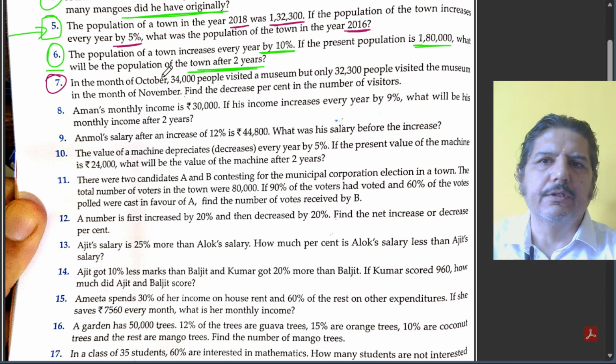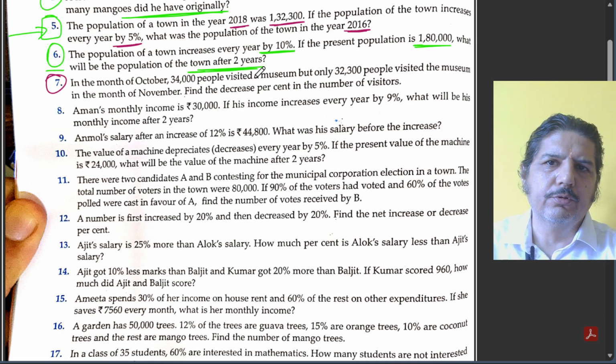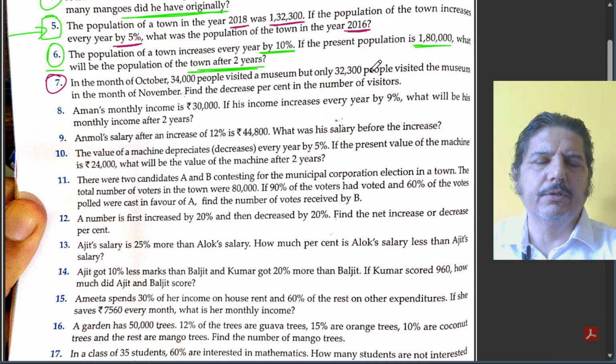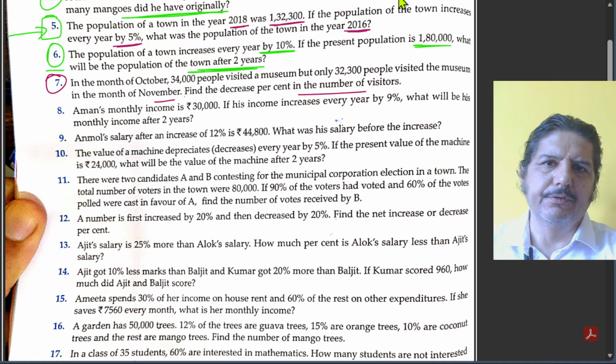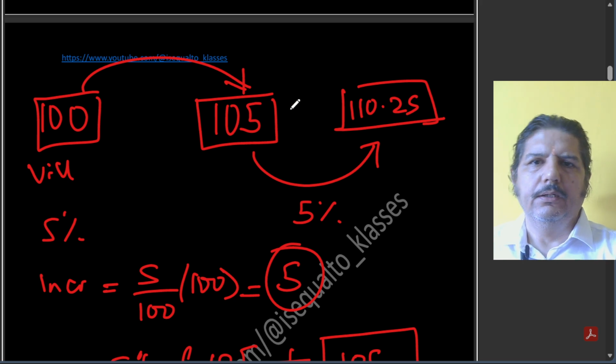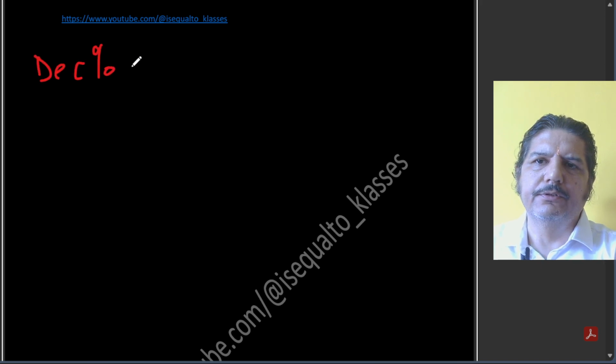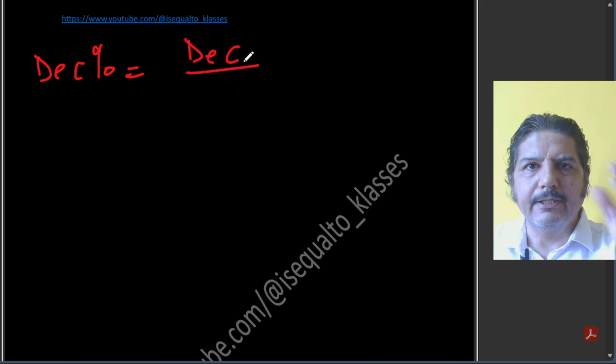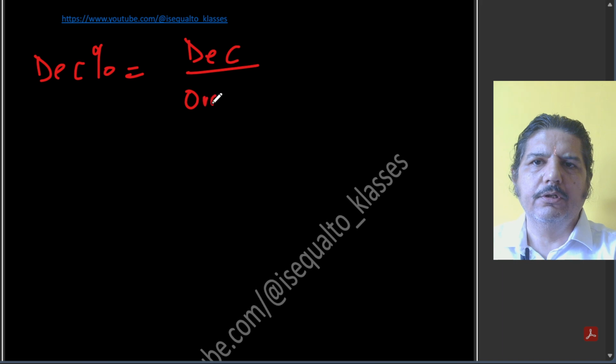So next question is, in the month of October, 34,000 people visited a museum, but only 32,000 people visited the museum in the month of November. Find decrease percent in the number of visitors. Now, whenever you have to find the decrease percent, it is equal to the actual decrease on the original